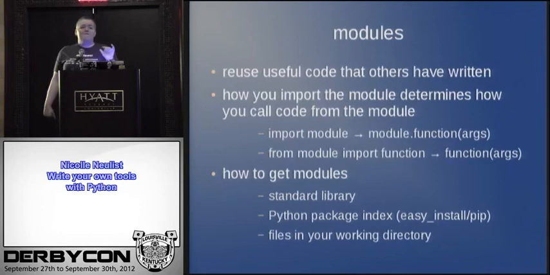If you're only pulling one function and you know that there's not going to be a collision between that and another function that you're using, like two functions that have the same name, from module import function is fine. Just be really careful before you do from module import star, because that imports all of them without the socket dot